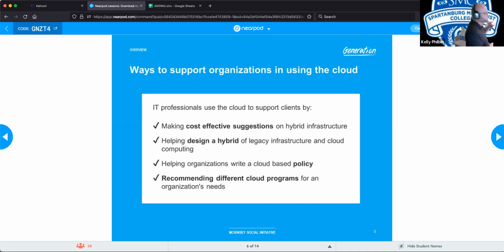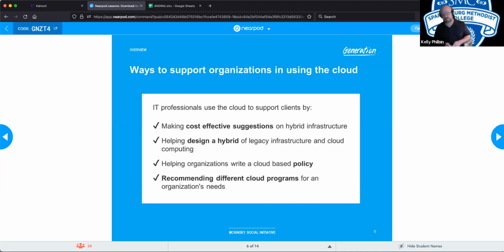Helping somebody design a hybrid of legacy infrastructure and cloud computing can help create that symbiosis, I guess, to where you can expand the business more, but still maintain the security of your company.